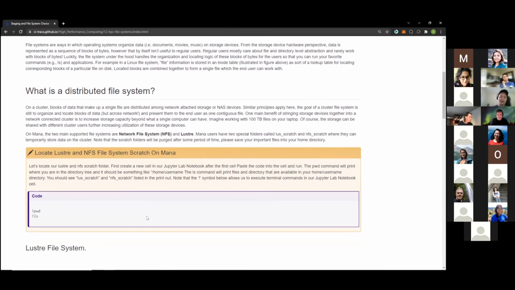So for our first coding challenge, let's locate the Lustre and NFS file system Scratch folders on Mana. If everybody can pull up your Jupyter notebook and then scroll all the way to the